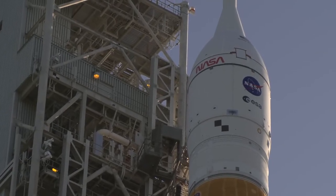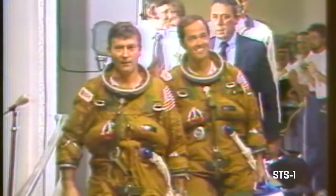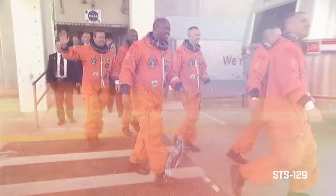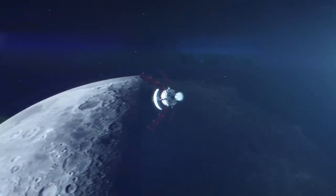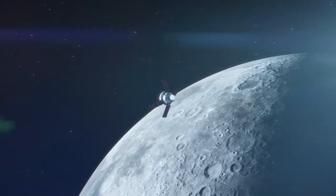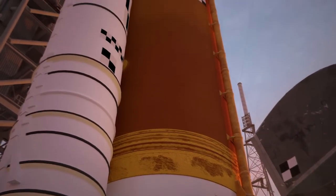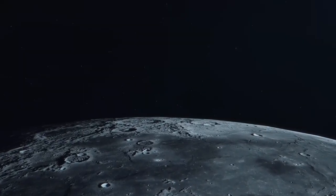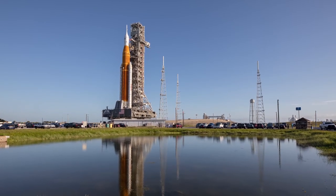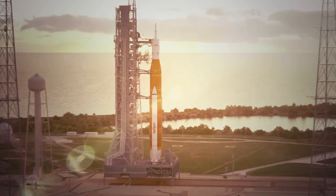The rocket is rolling to historic Launch Complex 39B, its launch pad used for both Apollo and shuttle launches, sending hundreds of astronauts to space throughout the decades, and now on tap to send hundreds more as we return to the moon and venture beyond to Mars. But for this mission, there will be no astronauts on board. Before the uncrewed Artemis 1 stack can launch to our nearest celestial body, it has to travel to the pad for a wet dress rehearsal, a test to run the rocket, capsule, launch team, and launch pad through their paces,